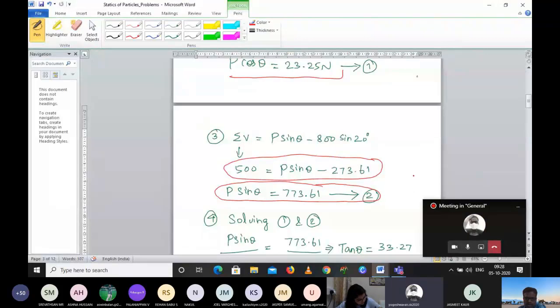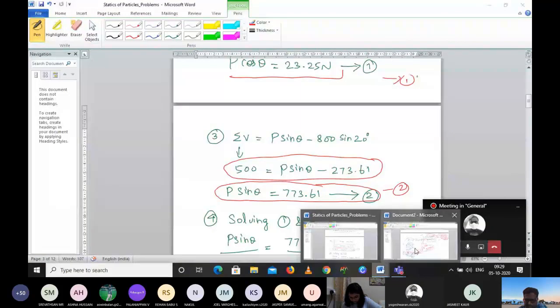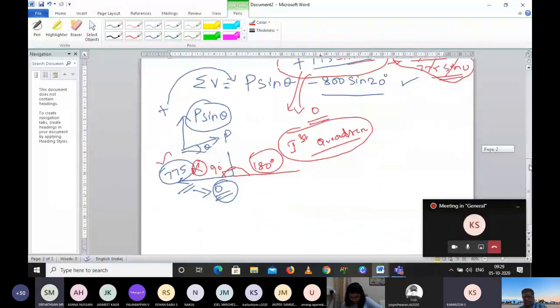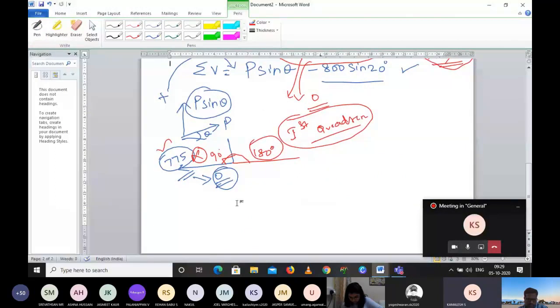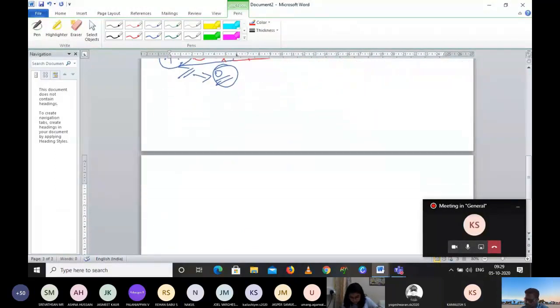So now you have to solve equation 1 and then 2. So how will we solve? Can you guide me? We can square and add it, sir. Square and add it. Okay, fine. Any other method? Division, sir, by dividing P sin theta by P cos theta. Sin theta by cos theta, tan theta. Very good. Both you can do: one is squaring, another one is dividing. I'm going with the second option, which will be simple for all our friends.